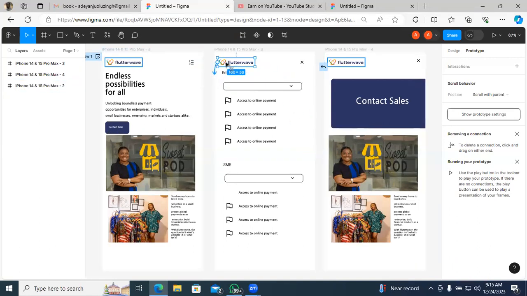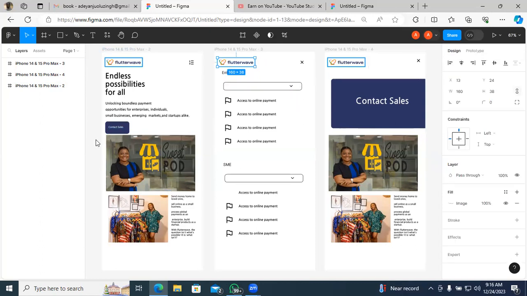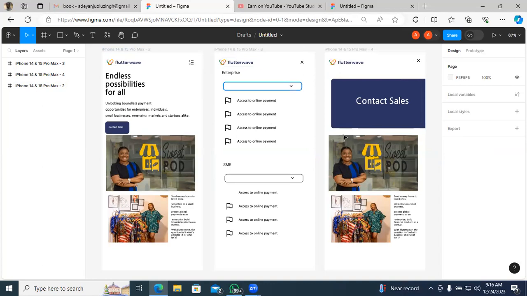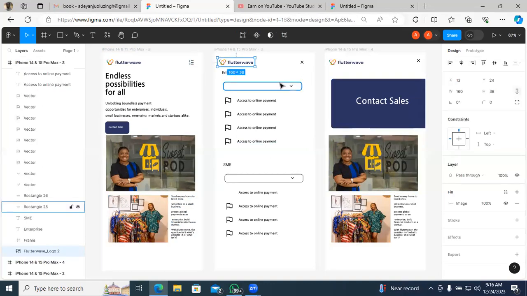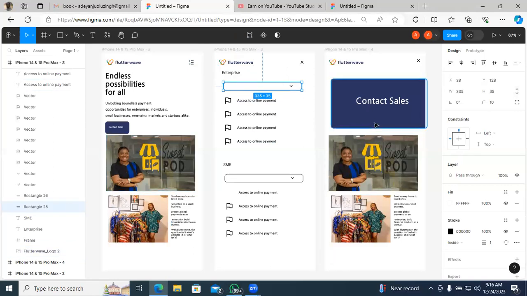Do you understand? But how did you come up with this thing on your left? Because ours still shows the normal design we've been designing. Are you with your screen there? No, sir, I'm not with my screen. The best way we can solve this is if you can share your screen. By default, when you are done with your design and you do not have just one screen, if you have multiple screens, it will go.